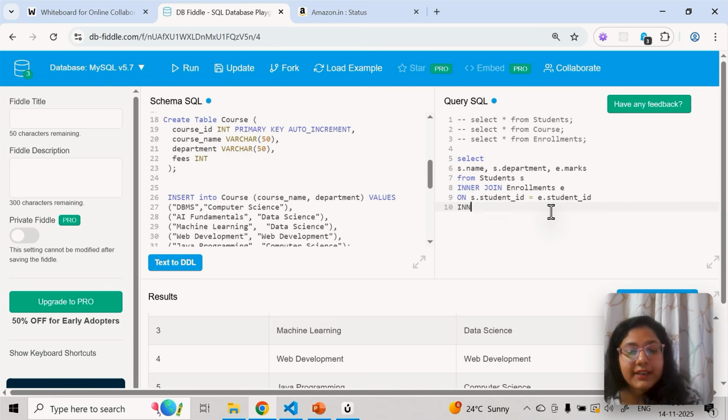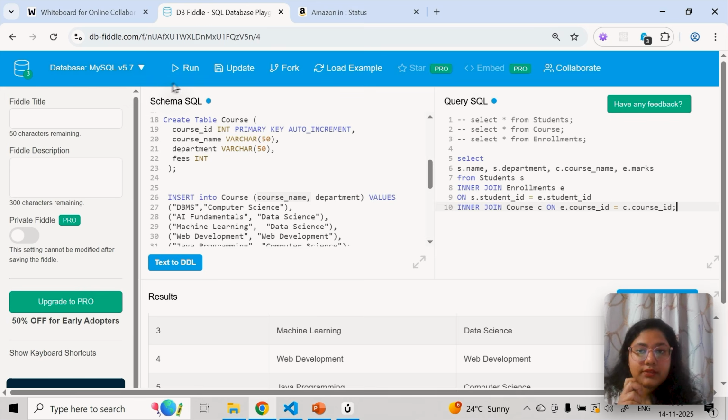Okay. Now again I'll do an inner join, because I want to get those students who have enrolled in a course, right? So those students will come. But now I want to get their course name. Why am I doing an inner join on courses? The reason is I want to get the course name. Otherwise, how will you get the course name? Because the course name will come only from the course table, right? So that's why I'm putting another inner join on it: on E dot course ID is equal to C dot course ID. Okay, so now this will come.